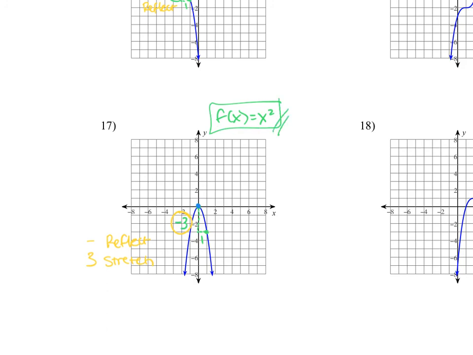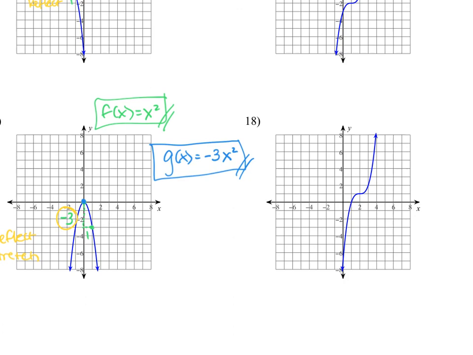And for our transformed equation, we've got g of x is equal to, let's see, we have a reflection, and we have a stretch of 3. So negative 3 with an x squared function. And there we go. That's it. That's our transformed equation. Let's do this just once more. Let's take a look at